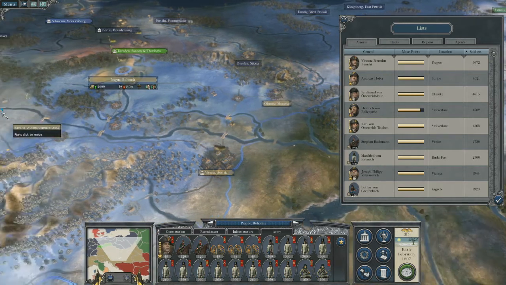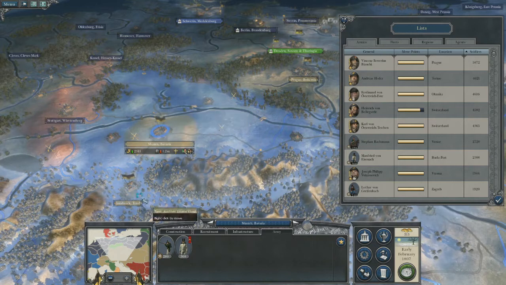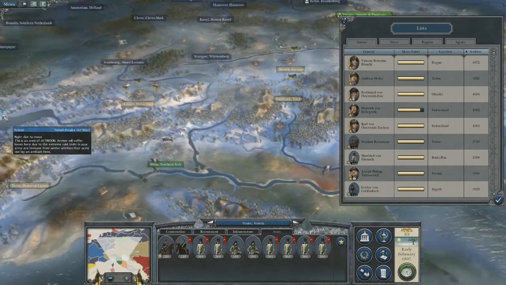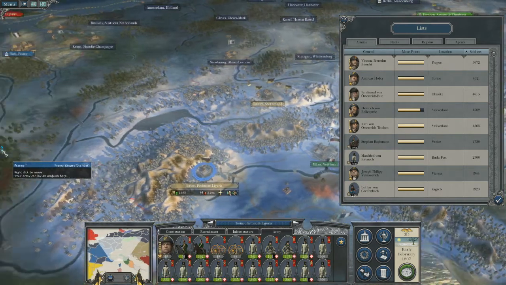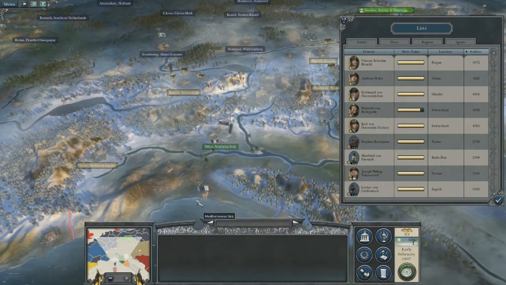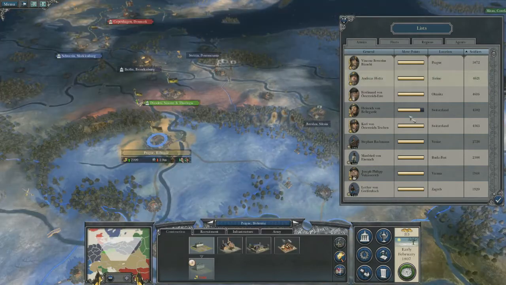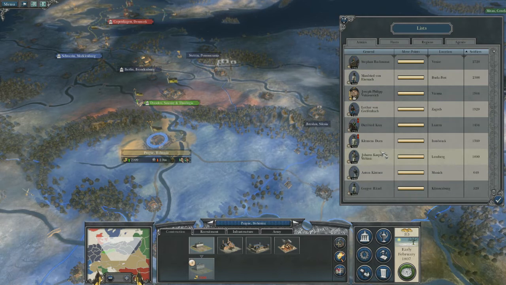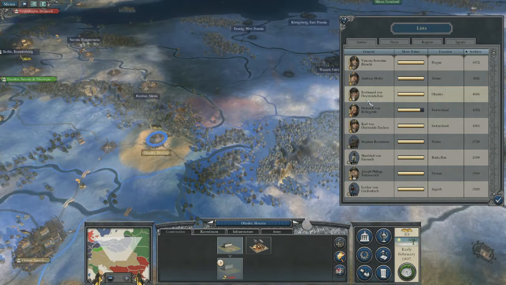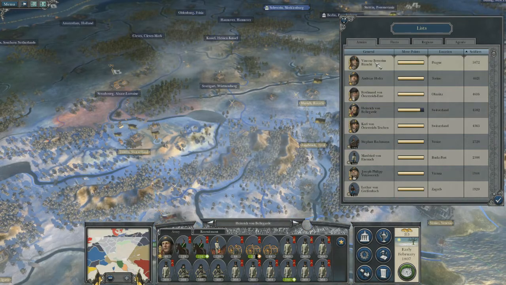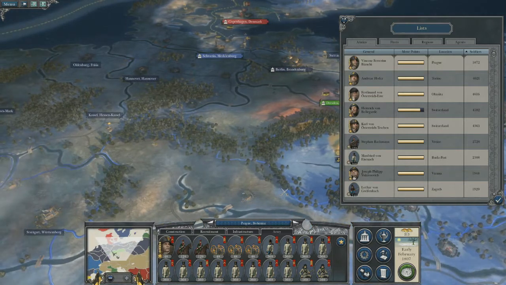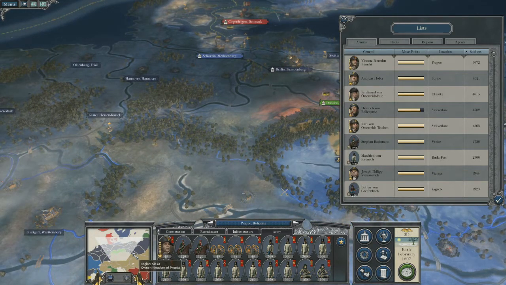So, the question is, what do I do? Because that army's going to be replenished, that army's going to be improved. I suppose once this army here is stopping the French from pushing in through this territory, through Marseille. So that army is protecting that area, even though that area there has just been attacked. So you can see all these multiple generals that I've got, and they're all pretty much tied up, really. That's the problem. Because if I take somebody like this guy here out of Prague, obviously we've got Saxony defending that area, but that's not to say